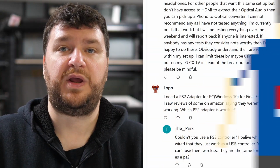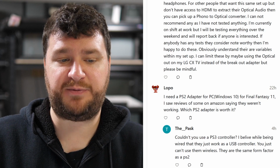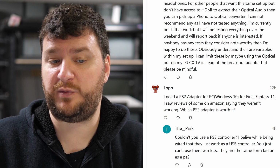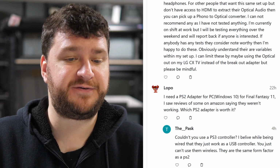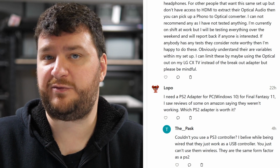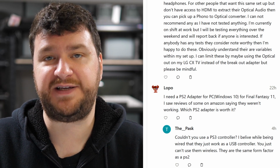Next up, Lopo needs an adapter that allows them to use their wired PlayStation 2 controller on a PC running Windows 10, and they're specifically looking to play Final Fantasy XI. So that's an important piece of information, because while I've never played a Final Fantasy game,